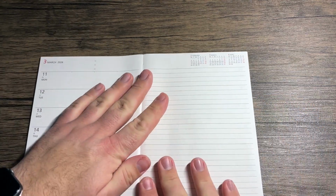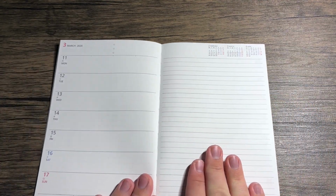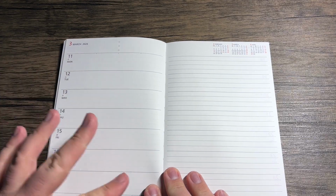So it does kind of lay flat. Yeah, it lays flat. On the left side here, you have the week horizontal, which,